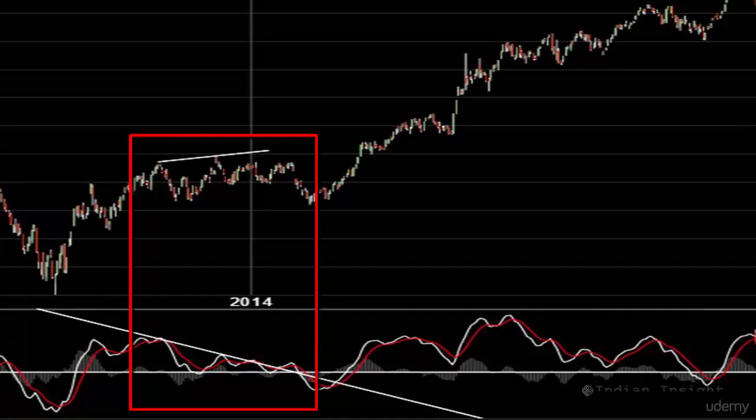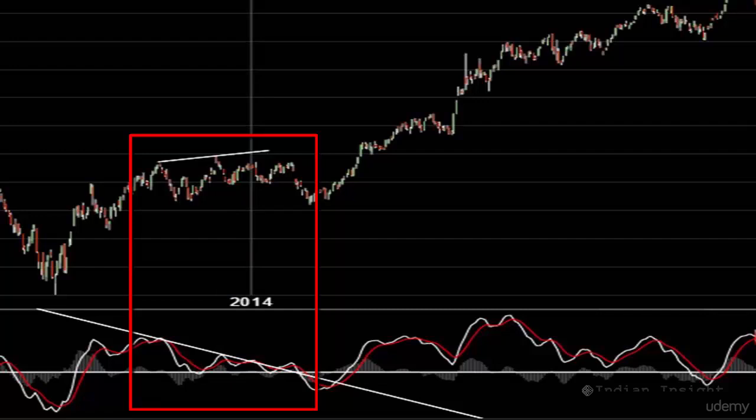Sometime around the last 3 months of the year, you see that there is a divergence between the price of the security and the indicator. So you see here how the price made a new high, while the MACD indicator fails to make a new high. As you already know, the easiest way to detect divergence is by drawing trend lines on price and the indicator.